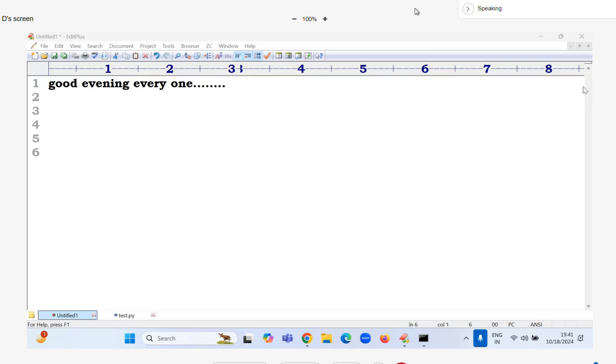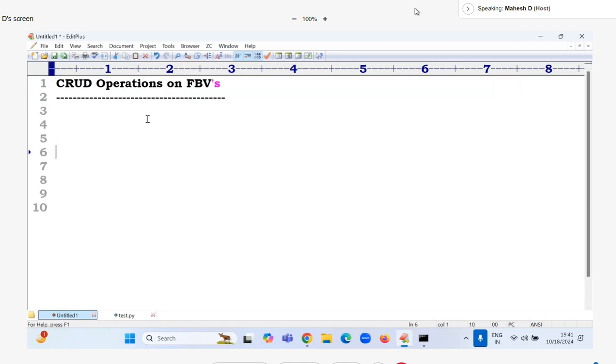So yesterday we started discussion about CRUD operations: create, retrieve, update, and delete operations on FBVs. Generally, two types of views are there: FBVs, function based views, and CBVs, class based views. In that first one, function based views,